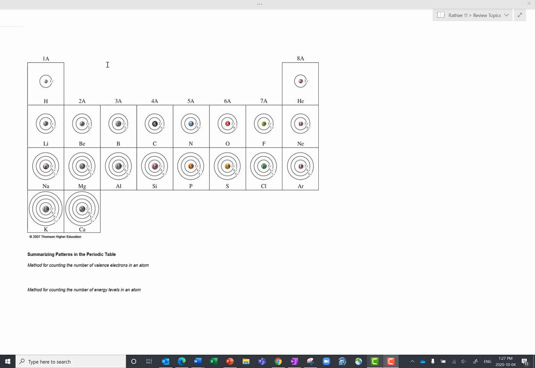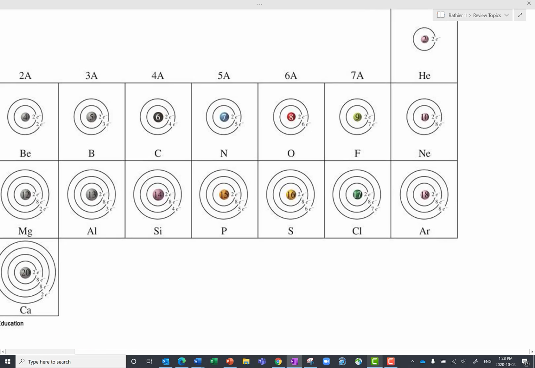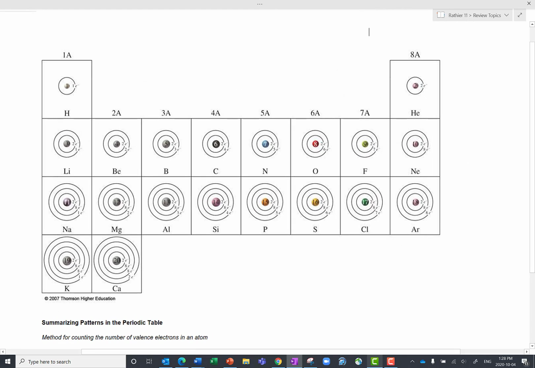In this video, we're going to look at some key patterns that you can derive from looking at the Bohr models of the atom of the first 20 elements placed in the periodic table. So what you're looking at here is the Bohr models for the first 20 elements. And what we want to do is see if we can see any patterns in terms of how the periodic